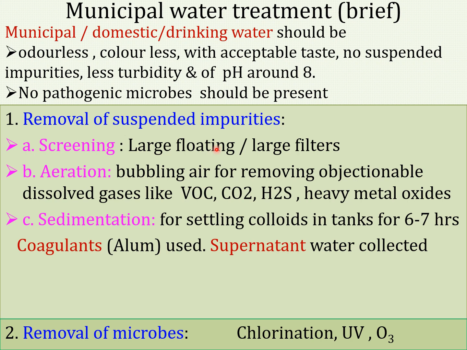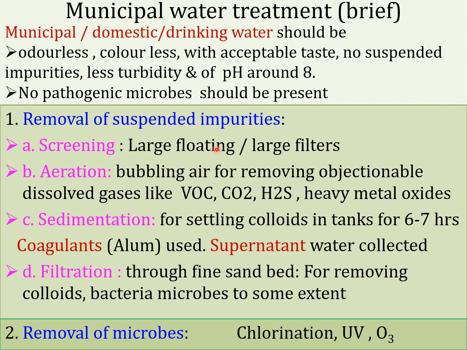Why? In order for the colloidal or suspended particles to settle down under gravity. Sometimes, in order to enhance the process, we add certain chemicals like coagulants, for example alum, potassium aluminum sulfate, K2SO4·Al2(SO4)3·24H2O. And then once all the colloidal particles have settled down, what do we do? We collect the supernatant liquid, that is the clear liquid above, and it is then sent through a fine sand bed